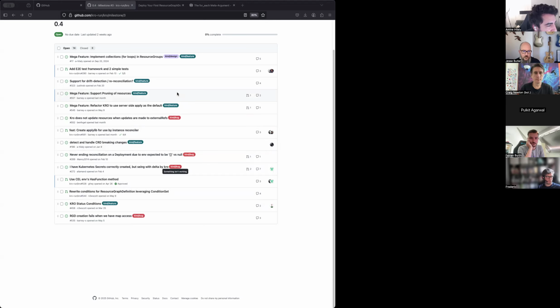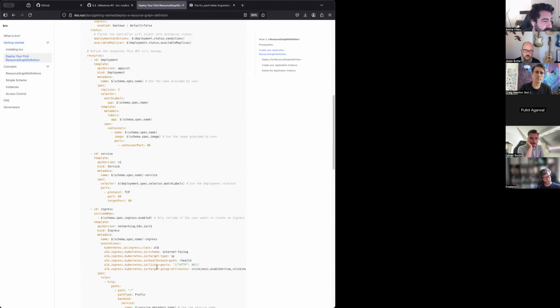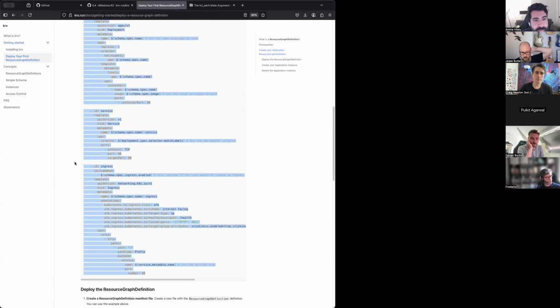The other one that's also important is pruning. Basically, let's say you modify the RGD and you remove the ingress from here. What you would expect to happen is that the ingress is deleted. Today in Kro that does not happen. There is some sort of garbage collection, but not as sophisticated as what would happen if you had done it from an RGD itself.